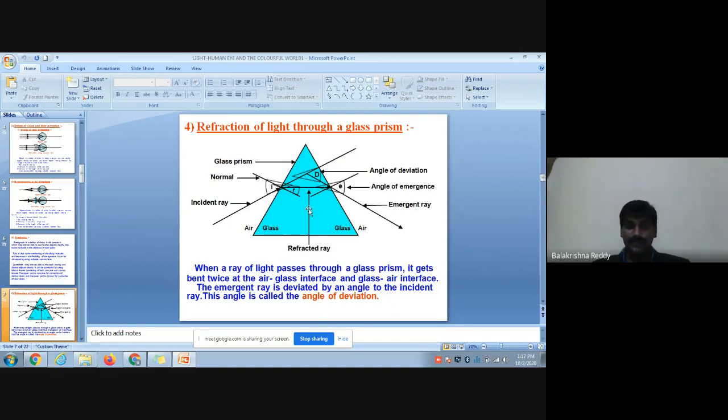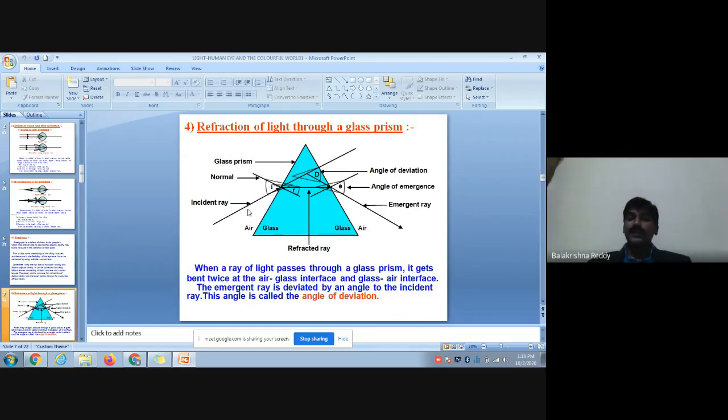Here you are seeing only a plain picture: outside air, inside the glass, and the light ray which is entering. If you are taking the prism, usually the angle of the prism we will take as A, since it is an equilateral prism, and the light ray which is incident. See here, the light I have taken here, let us say any monochromatic light, so it will not disperse. So we are not talking about dispersion now, we are talking only about deviation.